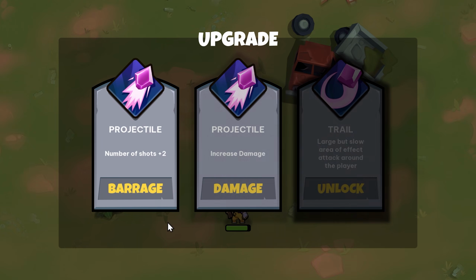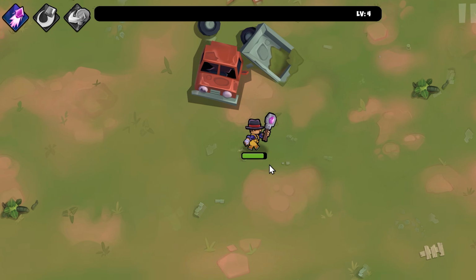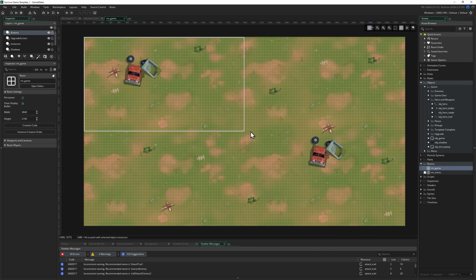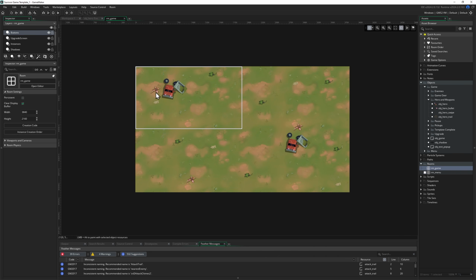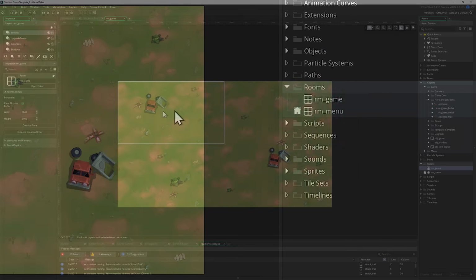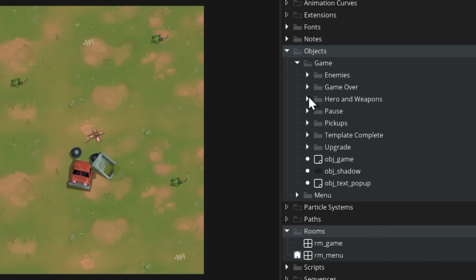As we can see, the character currently can't get any further than the edge of our predefined game room, but that's actually behavior that's been coded in. There's no reason an instance can't actually leave the room bounds by default. So if we look in our hero object called obj_hero